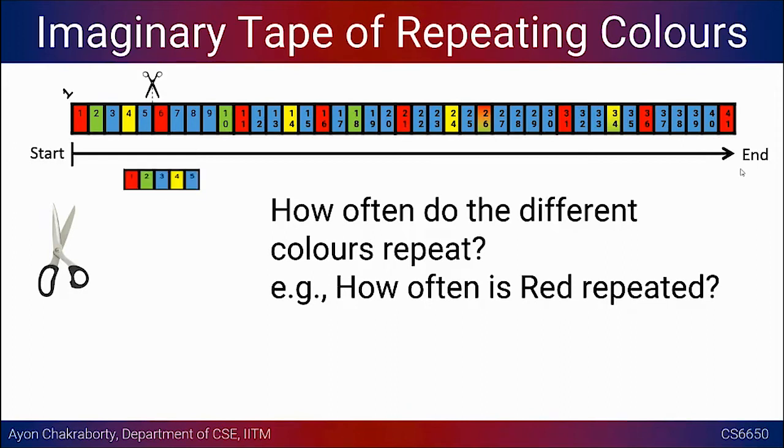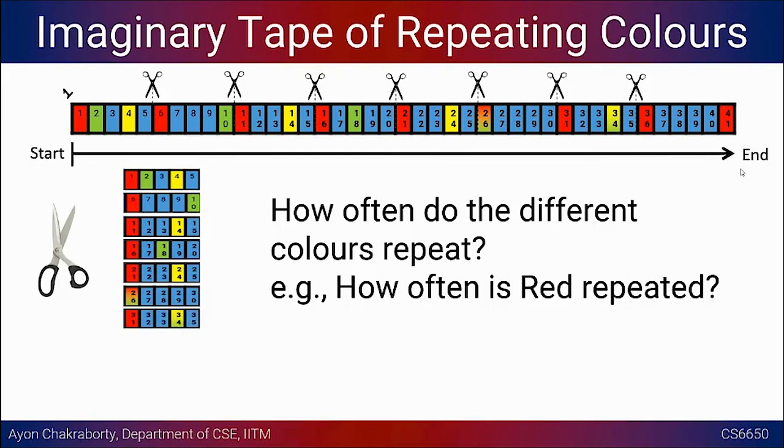right? Let's say you want to cut the tape at the 5th point, and then you will have all the entries from 1 to 5. And then stack these portions of the tape on top of each other. So what will happen is, if you cut from 1 to 5, keep it there, then cut from 6 to 10, stack it on top of the previous one, and so on. So if you cut all of them, you see that somehow a pattern starts emerging. Somehow magically the red colors are all lined up.